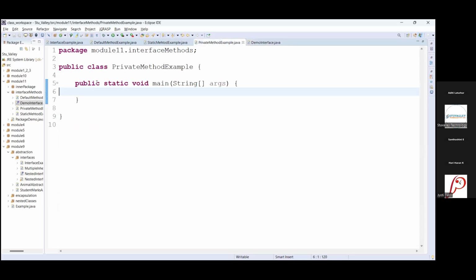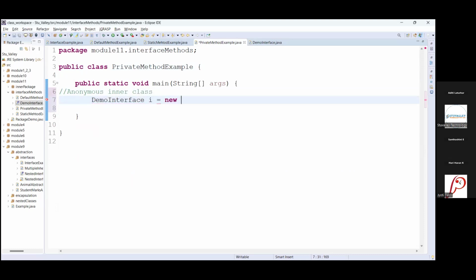So instead of creating a separate class which will implement this interface, I am going to use an anonymous inner class to provide implementation. Okay, we have already seen this part also. Still, I will show you here. The name of the interface is demo interface. I am creating the reference.